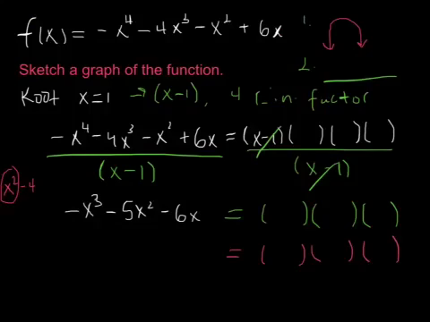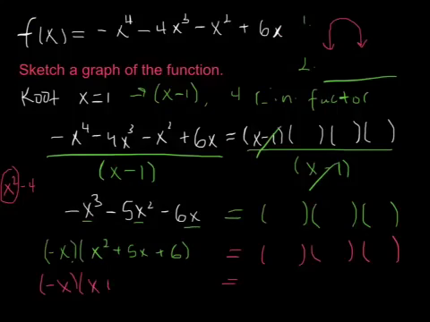And in order to do that, I can factor out a negative x. All of these have a negative x in common. It's a common factor. So outside, I can pull out a negative x term. That's going to be one of my factors. And now I'm left with x squared plus 5x plus 6. And that's going to be easy for me to factor. So I can go ahead and do that, and I'm going to get, I still have my negative x here, and then my other two factors are just going to be x plus 3